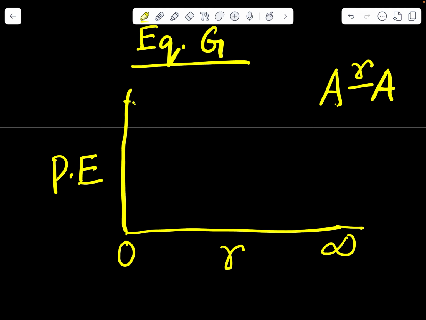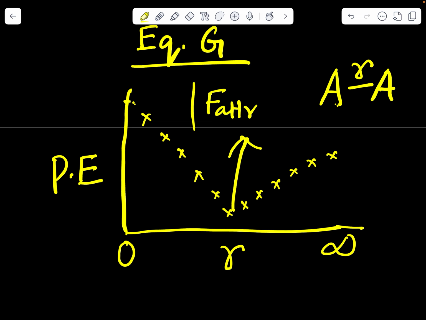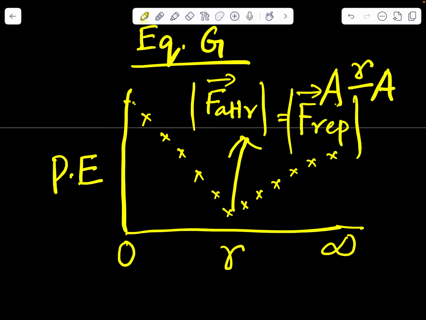Now if we start increasing the distance, the potential energy will drop. At a point where the potential energy becomes minimum, it will again start rising. The thing is that at this point the force of attraction is equal to the force of repulsion. That means at this point there will be no net force acting on this molecule. So the amount of attraction equals the amount of repulsion, and this point is known as the equilibrium point,